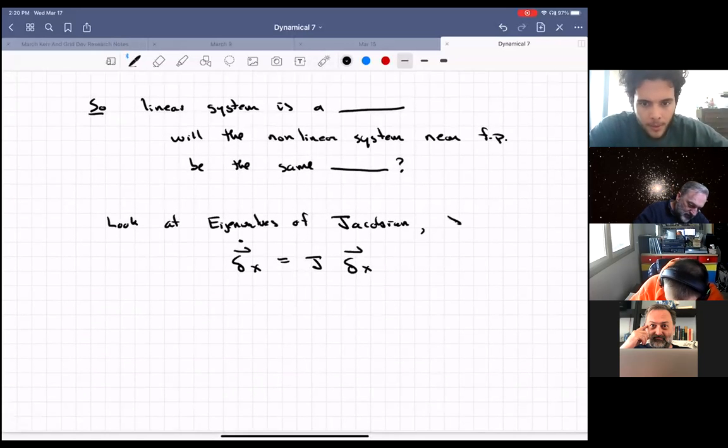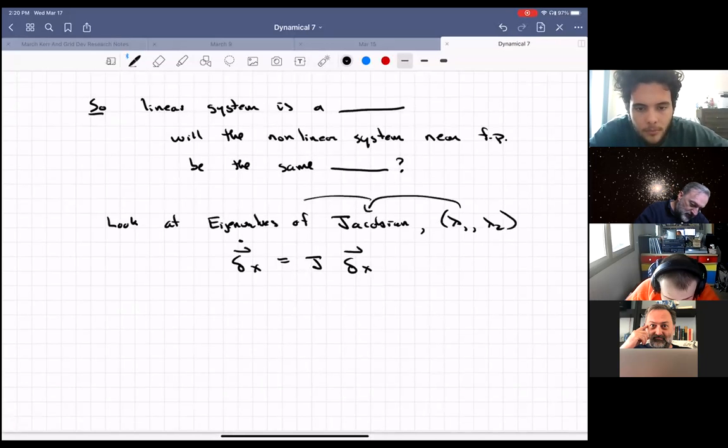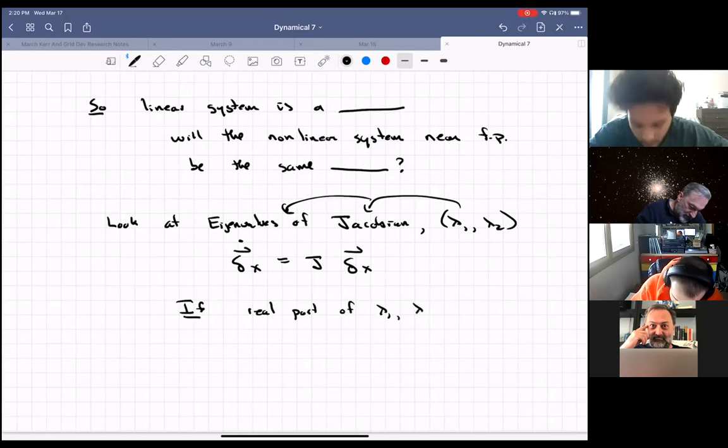So we have lambda 1 and lambda 2 as the eigenvalues of the Jacobian matrix, right? If the real parts of lambda 1 and lambda 2 are not 0, in other words, as long as the eigenvalues are not pure imaginary numbers,